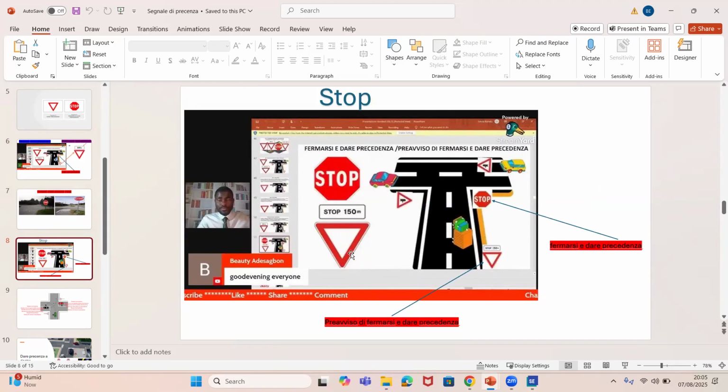Is it clear now? It simply means they are pre-telling you that, for example here, in 150 meters, it can be any value, you will see STOP in the front where you are obligated to stop. You first of all see the preavviso. Now, when you go forward, you will see the particular STOP there. That is the meaning of the preavviso. They are pre-telling you that the STOP is in front. Very, very simple, guys. Is there any question?